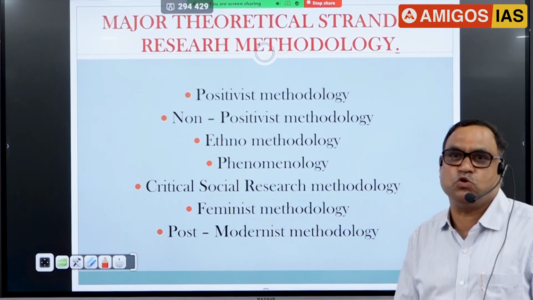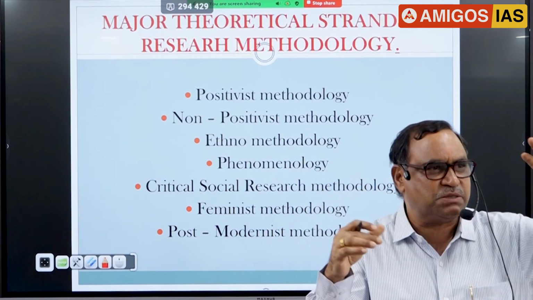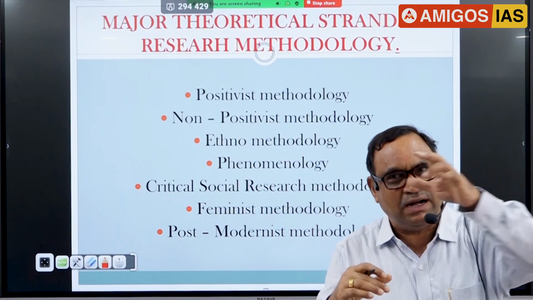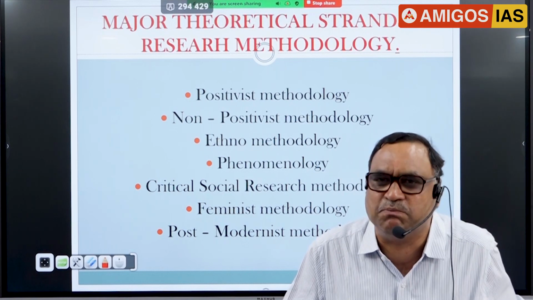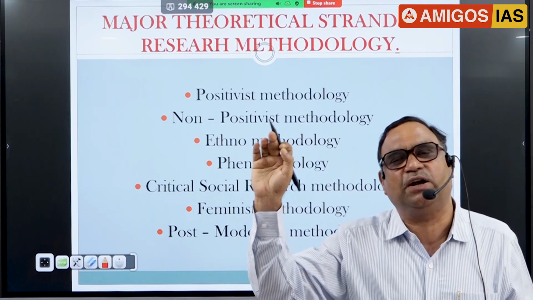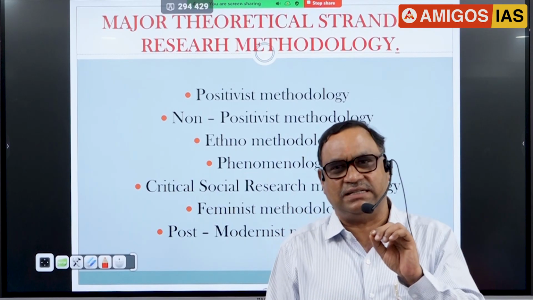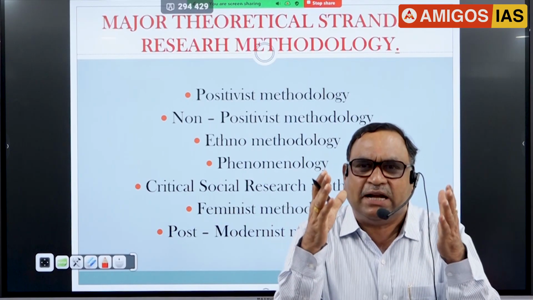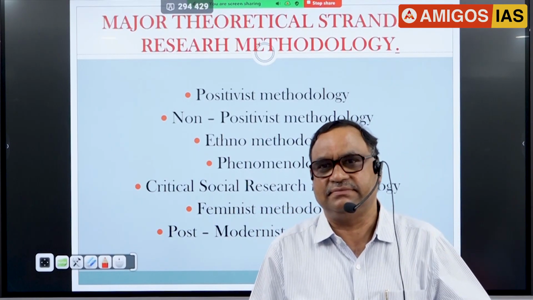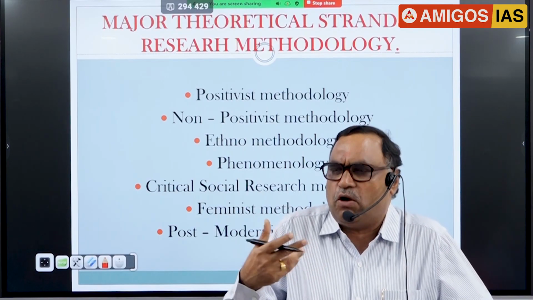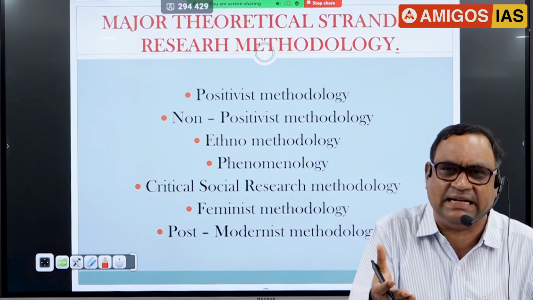Then, methodology. I told you sociological research is based on perspective, method, and methodology. Then what is methodology? Methodology is very simple. Method plus perspective is methodology. So a social scientist must adopt a particular methodology to discover the social reality. I told you, the ultimate objective of research is to discover social reality, to understand social reality.